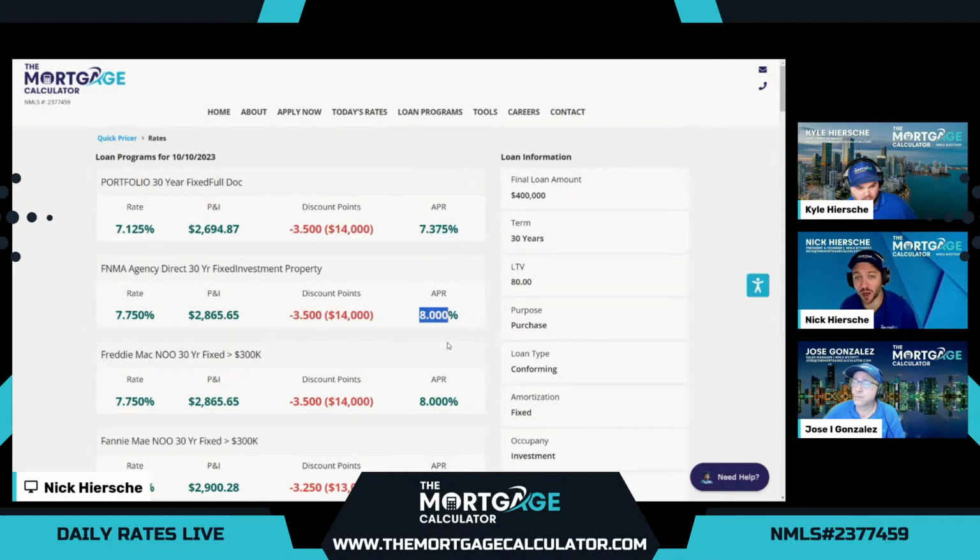So definitely some cool options that we have now where our outlets are getting a little more flexible with our portfolio options. So definitely recommend all our LOs and customers check out those unique options.